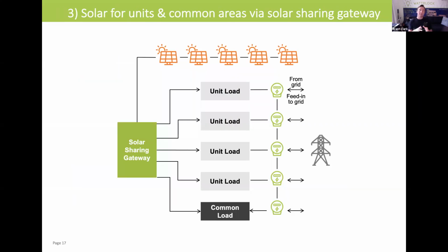So the third model is using a single solar system for the units and the common areas via a solar sharing gateway. And this can use the technology that we mentioned earlier from the Melbourne company called Illume, a solar sharing gateway. The benefit of this is that you're not buying multiple inverters. The inverter component that does the transformation from DC to AC is the equipment part of a solar system which